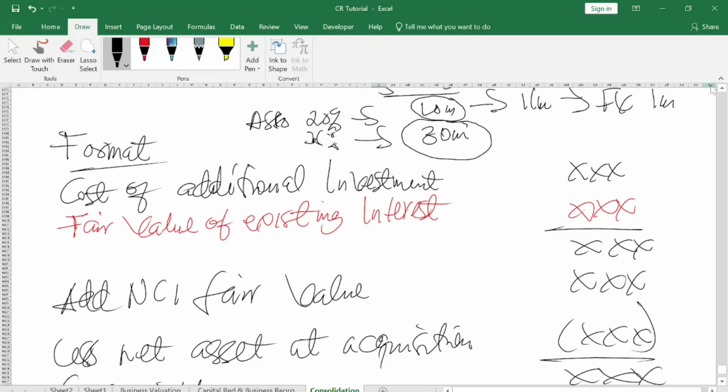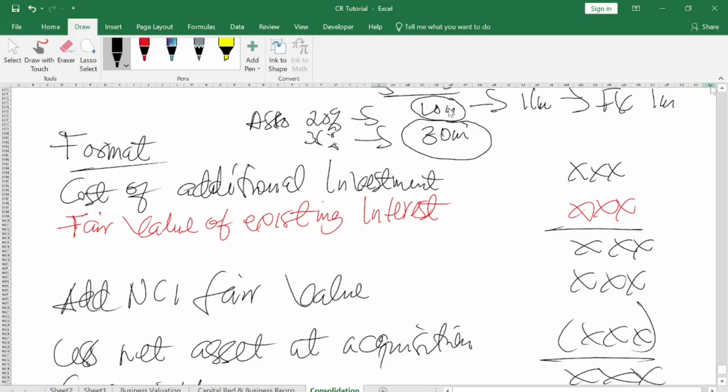That gives you the parenthood mandate here. And they will give you the cost of additional investment, which is the purchase consideration, plus the already existing fair value that you have. You add it. If the NCI is fair value, you add it. And the fair value of existing interest is what? Maybe when you bought the equity share of